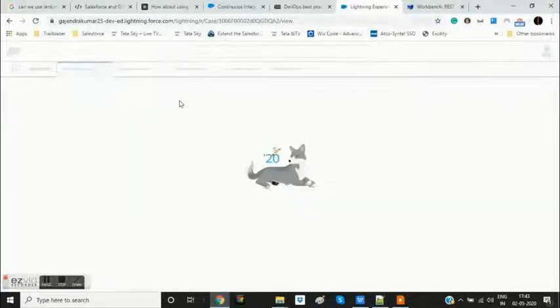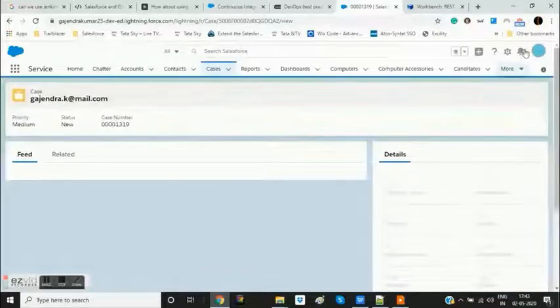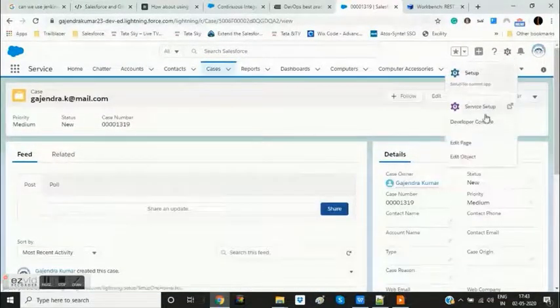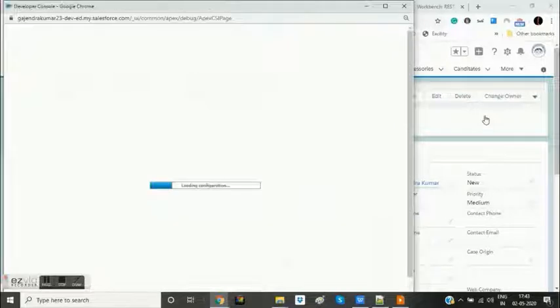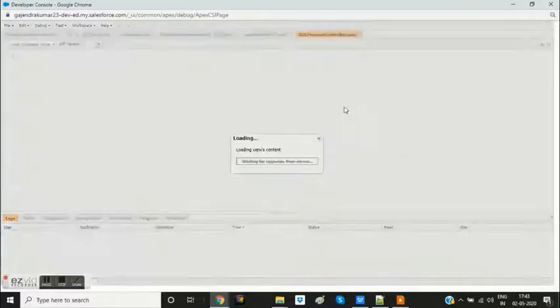Let me log in once again and open that developer console once again. You may find this issue when your developer console has been open for a long time and it got logged off for some reason. So let me open the login in my environment, developer console.